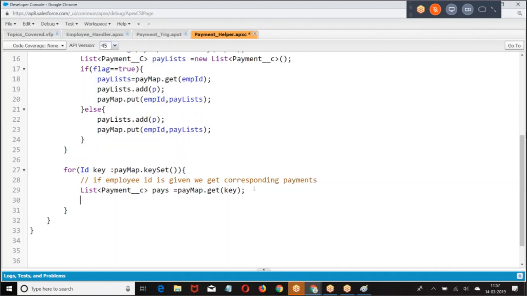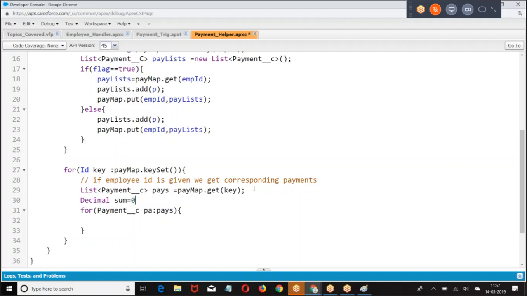Then what we are supposed to do? Then I was supposed to take for payment PA equal to the list. Then I'm going to take sum equal to. What was that?